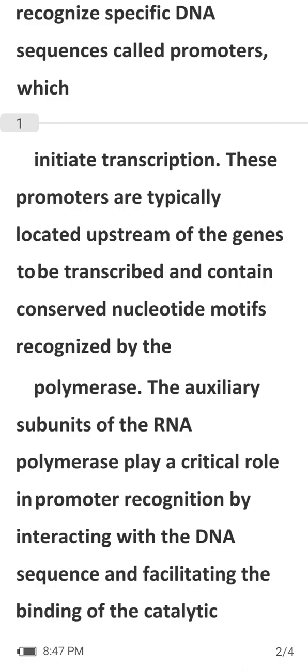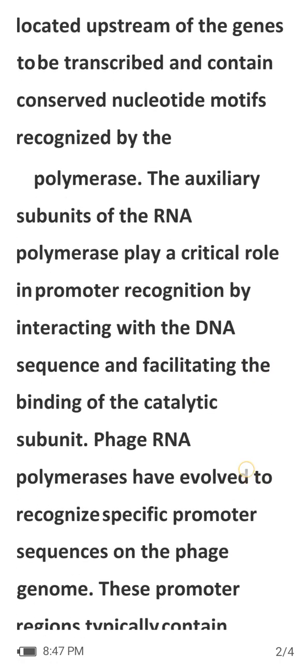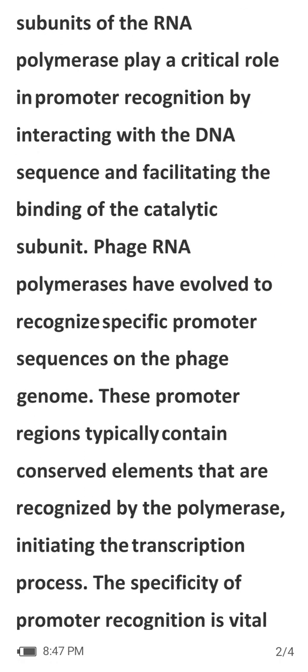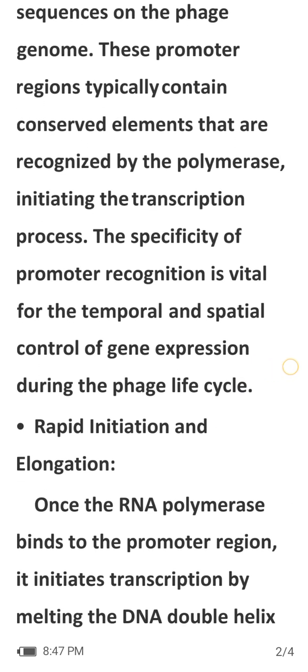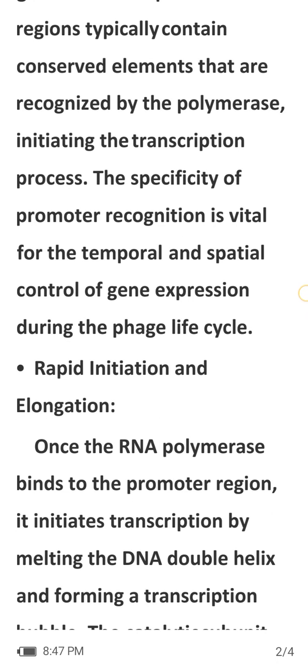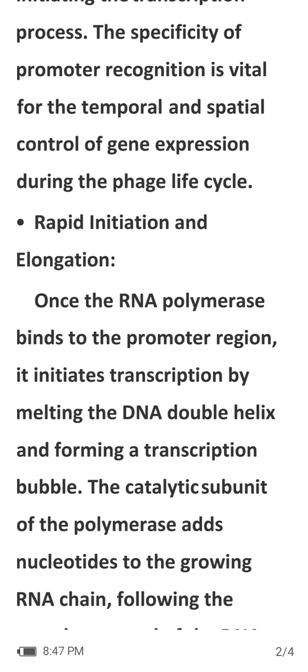These promoters are typically located upstream of the genes to be transcribed and contain conserved nucleotide motifs recognized by the polymerase. The auxiliary subunits of the RNA polymerase play a critical role in promoter recognition by interacting with the DNA sequence and facilitating the binding of the catalytic subunit. Phage RNA polymerases have evolved to recognize specific promoter sequences on the phage genome. These promoter regions typically contain conserved elements that are recognized by the polymerase, initiating the transcription process. The specificity of promoter recognition is vital for the temporal and spatial control of gene expression during the phage life